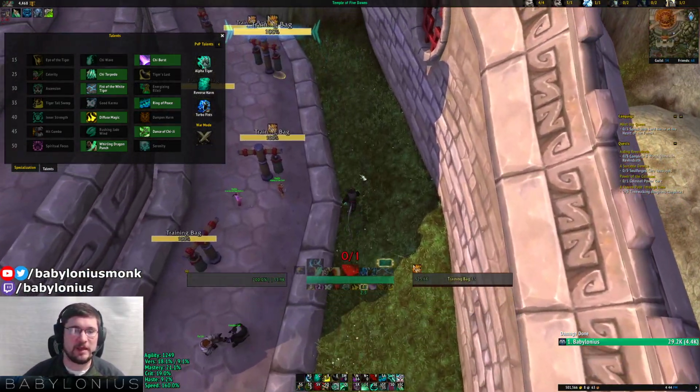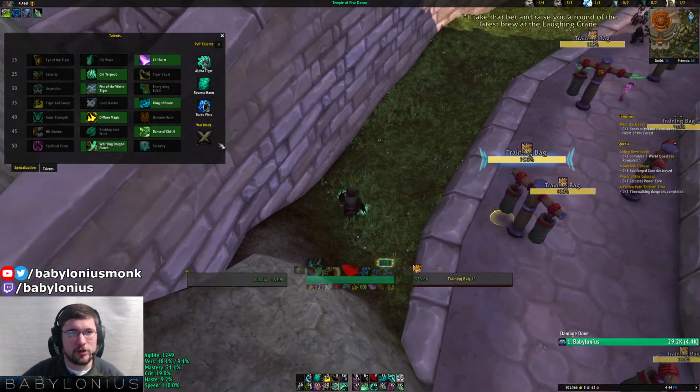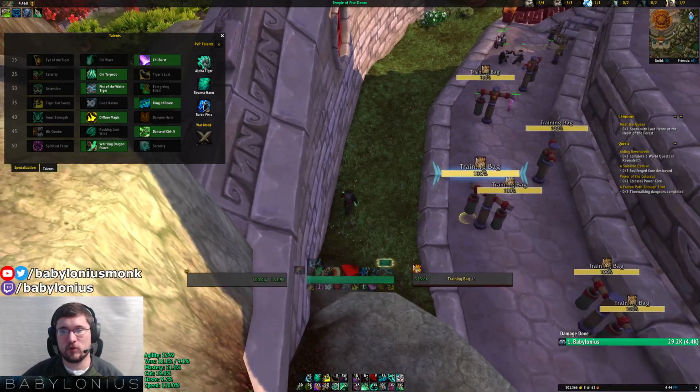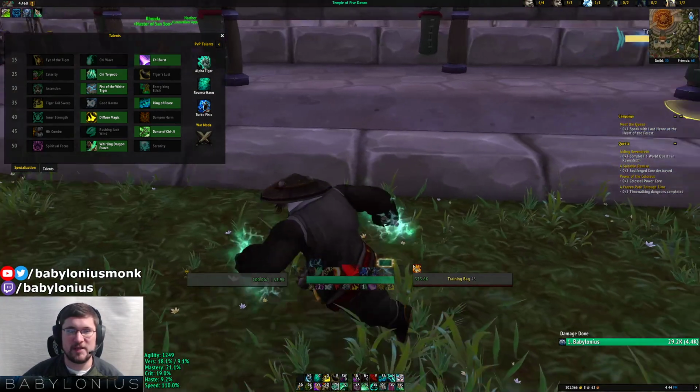So now you're moving at 60% increased movement speed instead of 30%. So again, that's one that if you have a long period of time where you're going to be running, or you're going to be devoting maybe up to 20 seconds or more of running time, Chi Torpedo is the one that's going to pull ahead in that regard, just due to its maximum